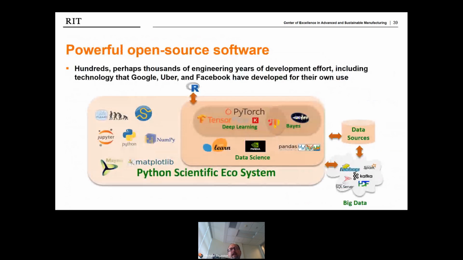I mentioned earlier that there is a large open source body of technology for machine learning and data analytics. And the Python scientific ecosystem is an open source system that we use for R&D that has broad capability. And most of the business intelligence tools can leverage some of the deeper capability of Python if you want to build on top of them. But this kind of approach requires someone that has more capability on the data science and the programming side to build solutions as opposed to buying some out-of-the-box tools.